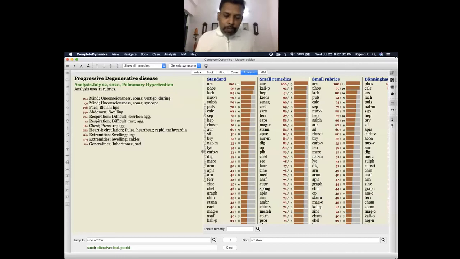a position to divide the case into two parts. One is the chronic part, wherein the constitution or the miasmatic remedy, what they call, or whatever name one wants to give, comes into play. And again, there is an acute part, wherein there has to be management of certain acute manifestations. Like for these conditions,